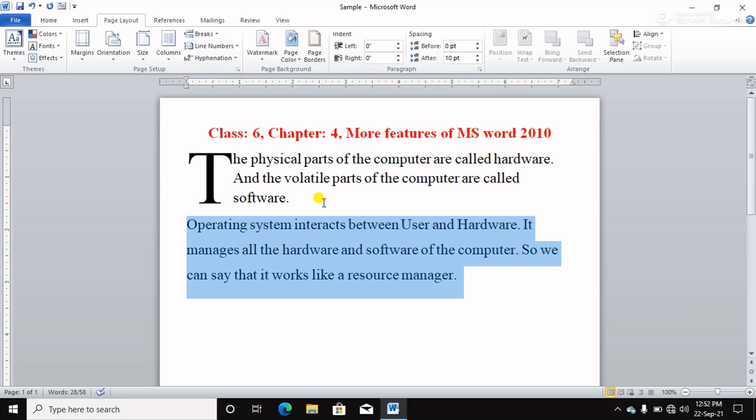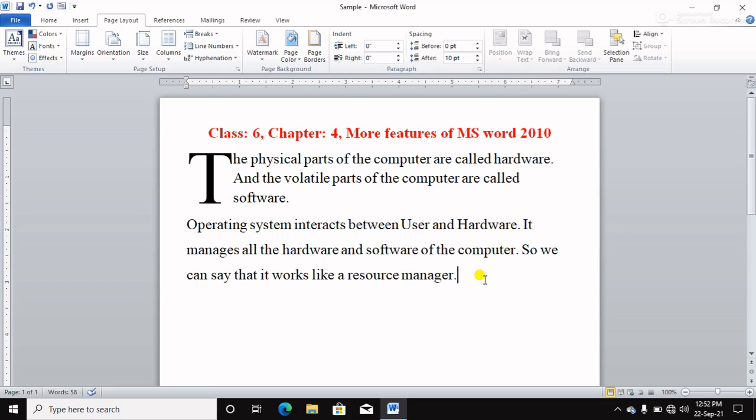Now next, footnote and endnote. A footnote is placed at the bottom of a page of a document, whereas an endnote is placed at the end of the whole document. For this, click anywhere on the document where you want to insert a note or reference mark.